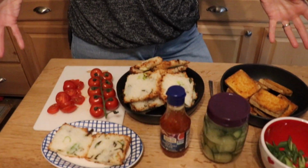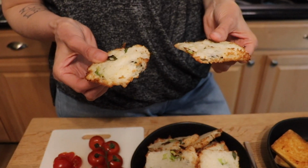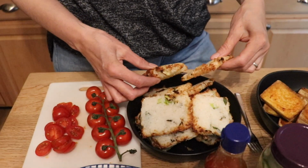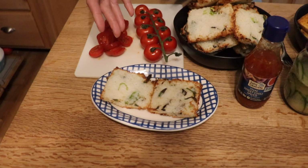All right. We're ready to assemble. We have everything put together. These turned out so much better than I ever thought they would. I think the scallion in there is going to be a really nice treat. It's like a scallion pancake, but rice. So if you're gluten-free...